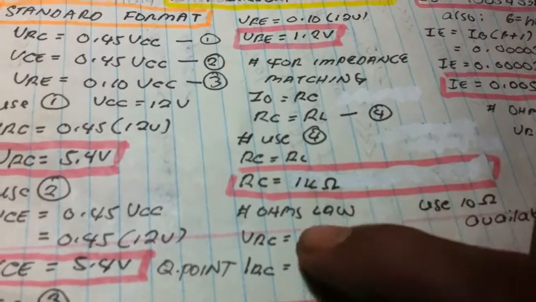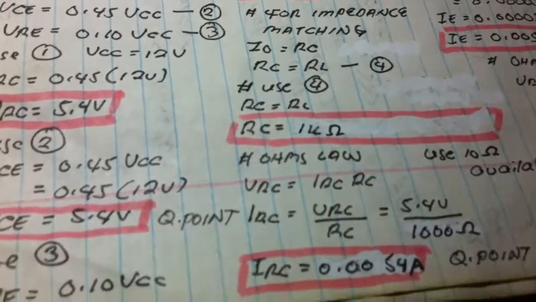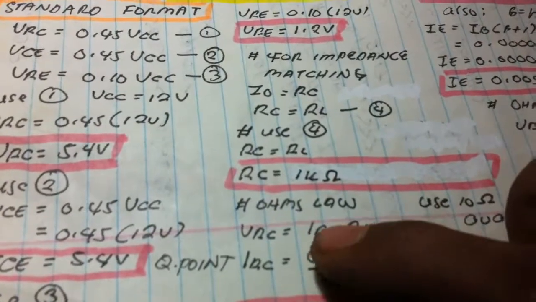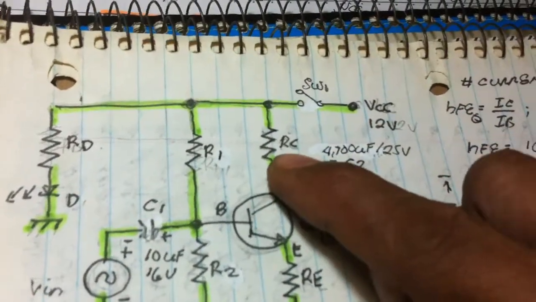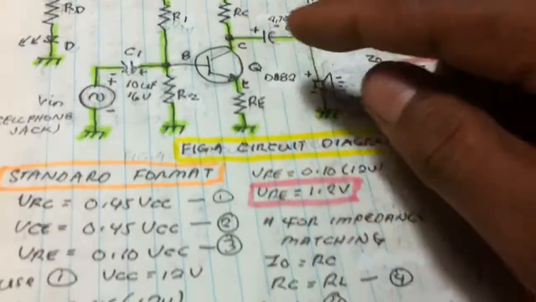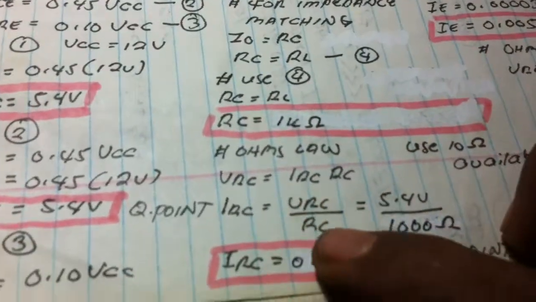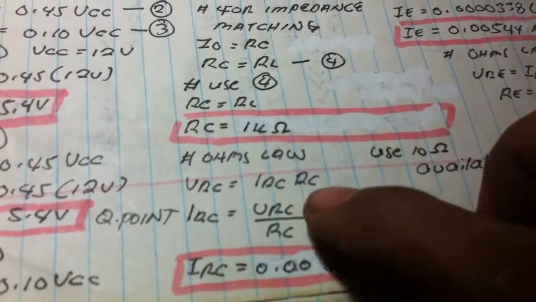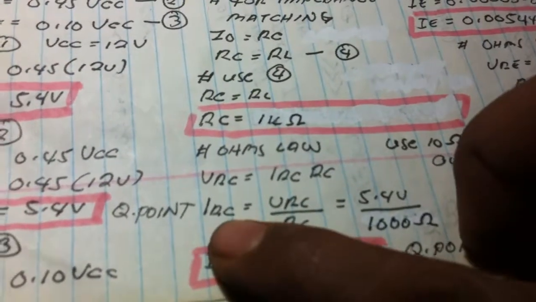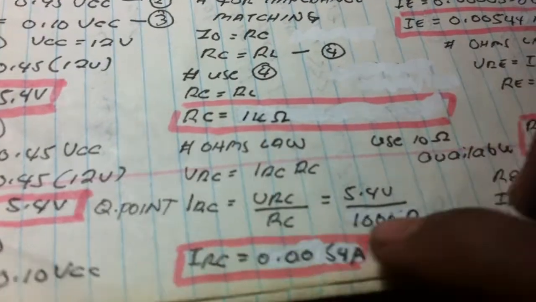Using Ohm's law, we now compute the value of the current. Since we now know the 1 kilo ohm resistor at the collector, using Ohm's law, voltage is equal to IR. Computing for the current at RC, we get